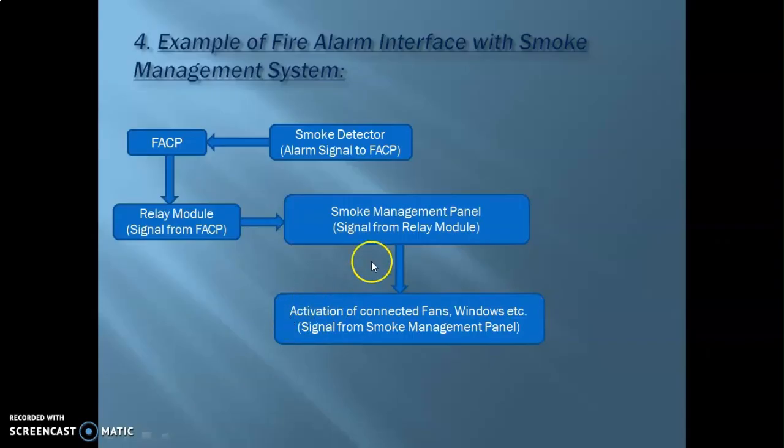For example, the smoke management panel could be connected to a number of exhaust fans or certain windows, doors, or even cladding that could open up and allow the smoke to pass through and stop it from spreading to other parts of the building.